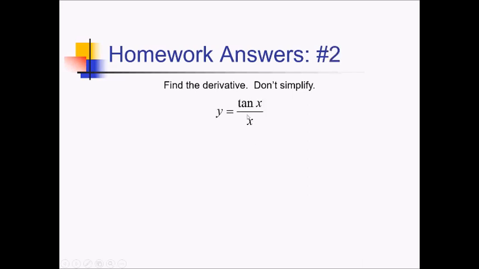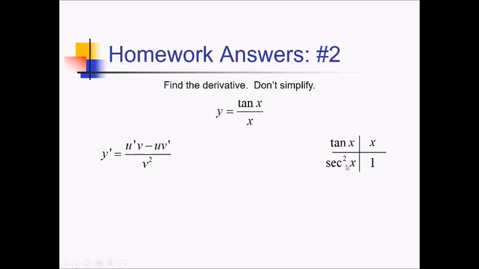To find the derivative of this function, we are going to need the quotient rule. So that would be u prime v minus uv prime over v squared. Setting up my box and ribbon for this, I've got my numerator, tan of x, and my denominator, x. And their derivatives down here, that's going to be secant squared of x, and just 1 for the derivative of